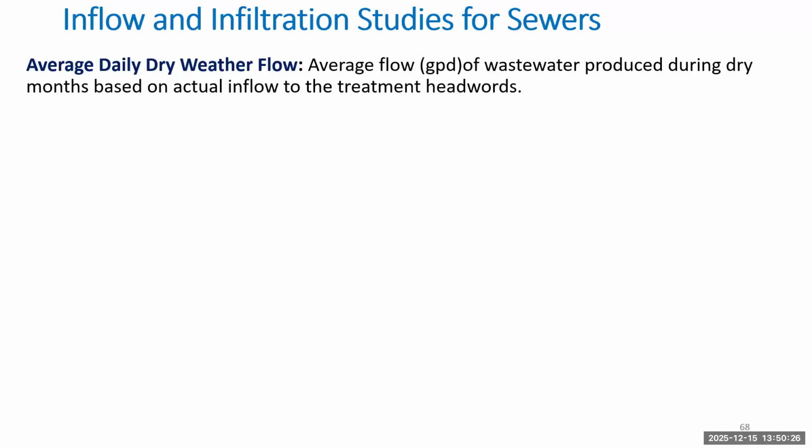So inflow and infiltration. There's basically four things we're going to look at here. First of all is knowing the average daily dry weather flow. That's a specific term. If you're looking at the average daily dry weather flow, it could be for the whole system where you're looking at the headworks, how much water is coming in from the entire system, or it could be the flow coming into a monitoring point. Let's say you're monitoring a manhole that represents a portion of the sewer.